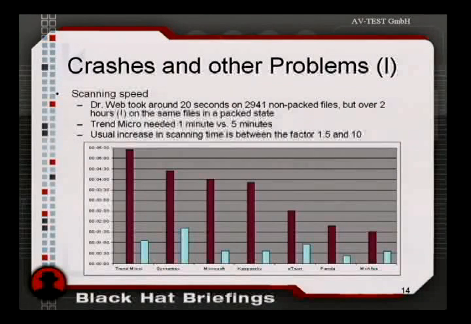The first test set was exactly the same that we used for the detection rates, and the second test set contained the same files as the first test set, but in non-packed versions. Then we scanned over both test sets and compared the scanning time. There we came across that the scanning time increases a lot when you scan over packed files. For example, Dr. Web takes only 20 seconds to scan the non-packed files, but over 2 hours to scan the